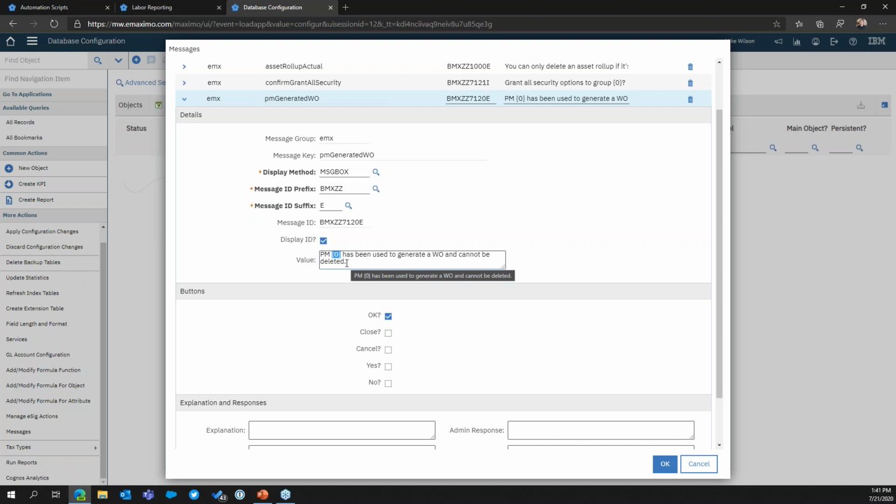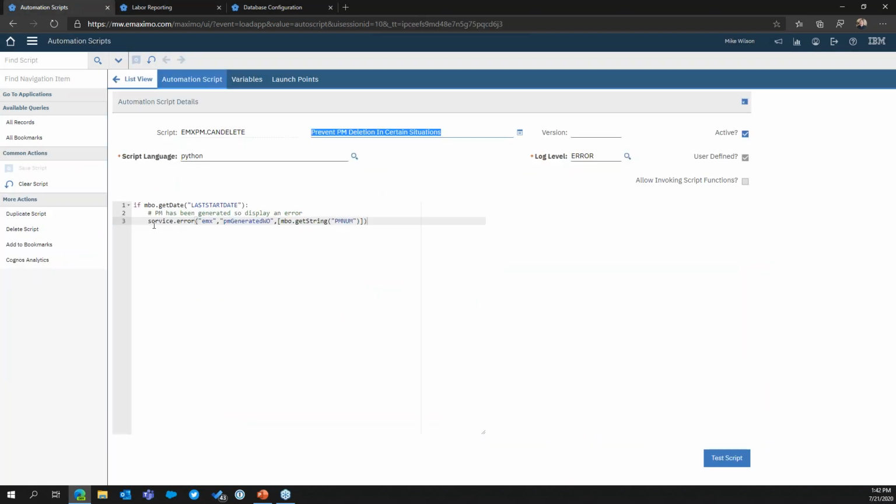Like you don't need to really talk about the PO necessarily because you're working on a PO line. But if somebody's trying to do something in bulk, make it really obvious: hey, PM blah has been used to generate work order and cannot be deleted. And then we get into a couple of implicit variables, and so service is in almost every case in Maximo